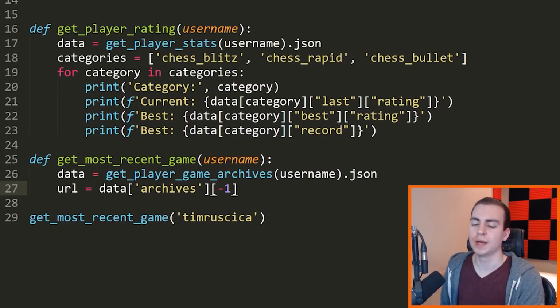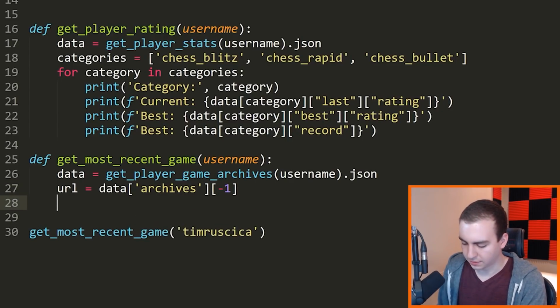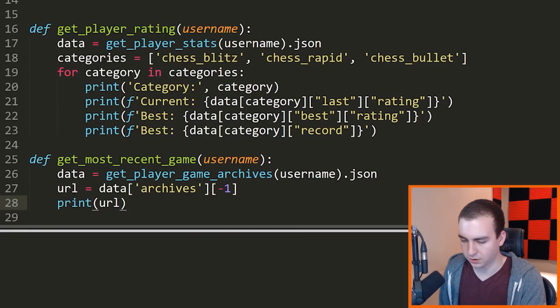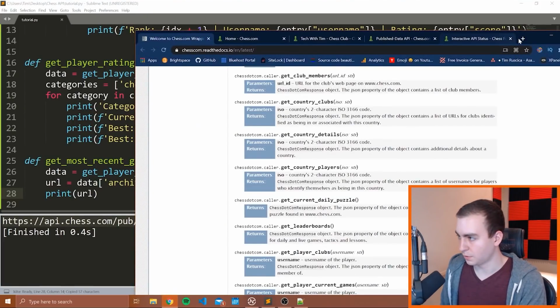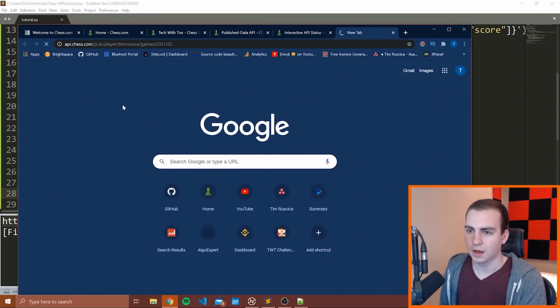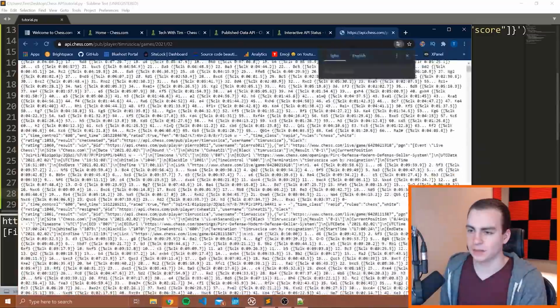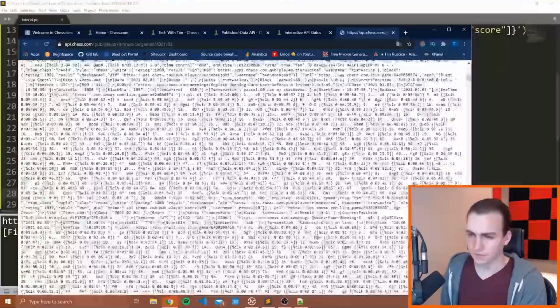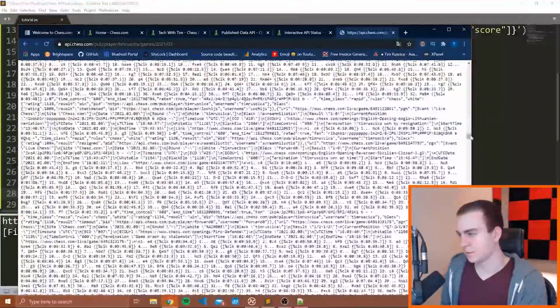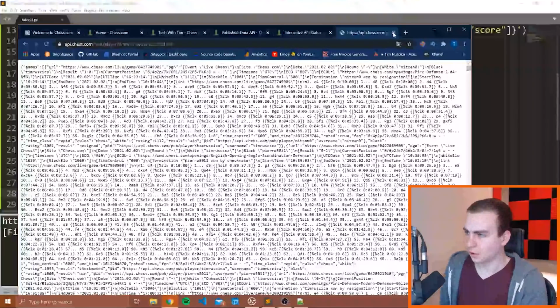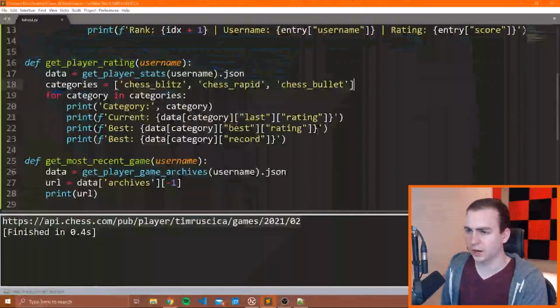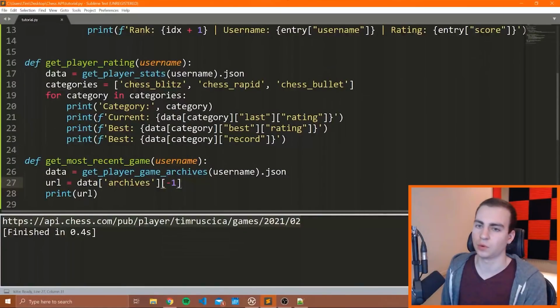So there we go. Now I can send a request to this URL and it will give me all of the information about the games. In fact, let me just run this and print this URL, and I'll show you what happens if you actually go to this URL in your web browser. Let's open up a new tab here. You'll notice that it takes a second to load, but it gives me all of the information about all of the chess games that I've played in the month of February. And you can see that I've played quite a few. To do this in our code, we're going to need to import another module, because obviously we don't want to actually go to the URL.